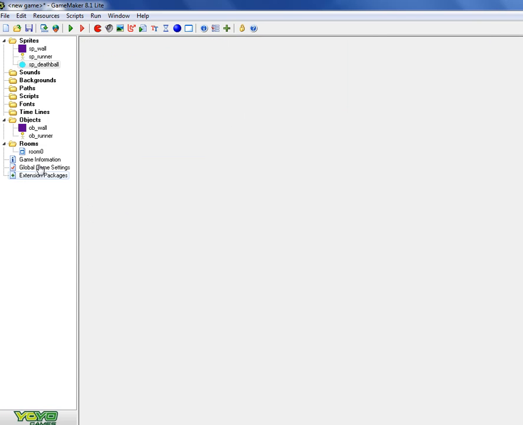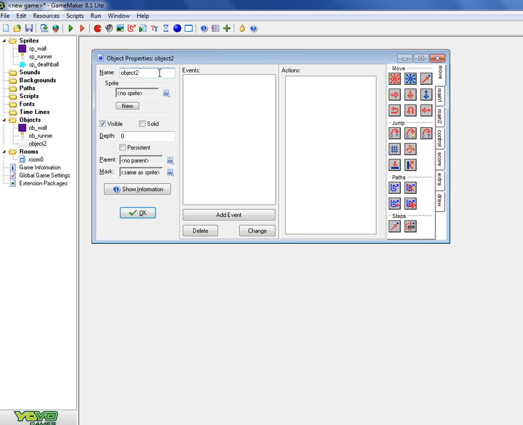And then we need to create the object. So double click, click right here, create an object, and ob_deathball. And click right here and choose the deathball. And now we need to add an event. So let's go ahead and click add an event,